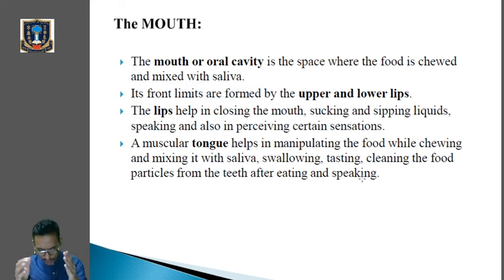So we have just started with the various organs of the digestive system. In the next class, in part 2 of this chapter, we are going to learn about the teeth, the dentition. Before going through part 2, the theory portion, go through the first introductory part, part 1, clear? Then only we'll go through the next video.